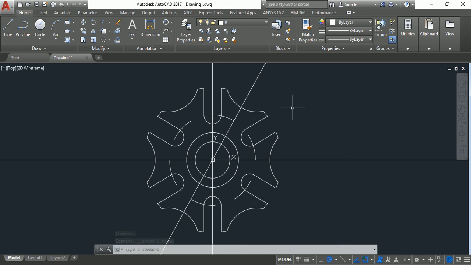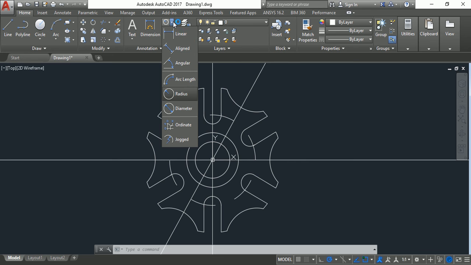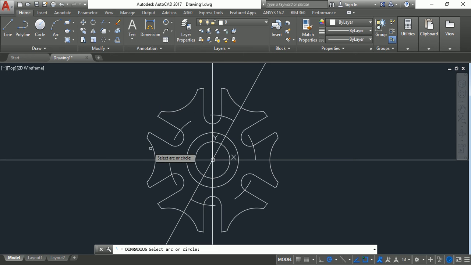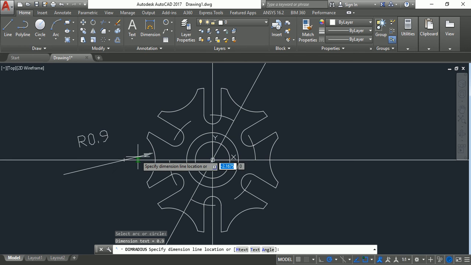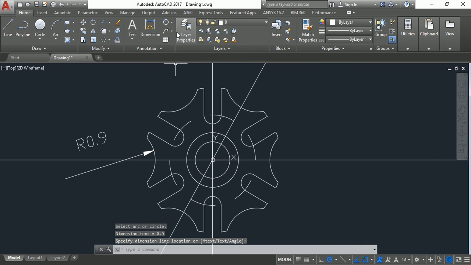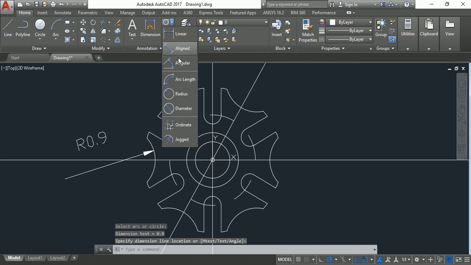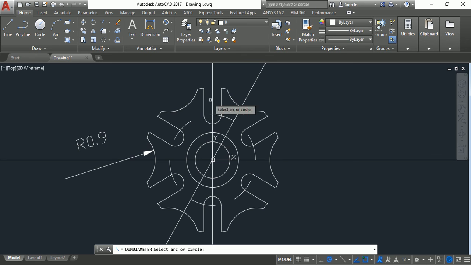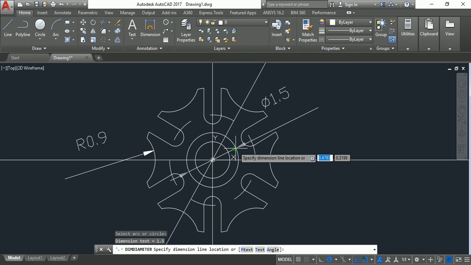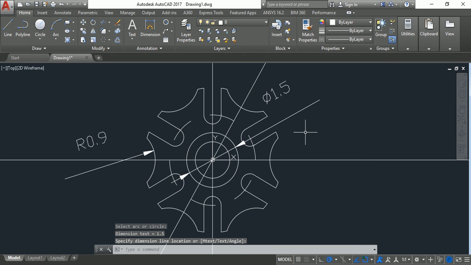Now finally, to give the dimensions, here we have different tools for placing the dimensions. For example, we want to give the radius, we can go to radius, select this arc and place the radius. Similarly, for giving the diameter, we can go to diameter and select the circles we need to give the diameter for.